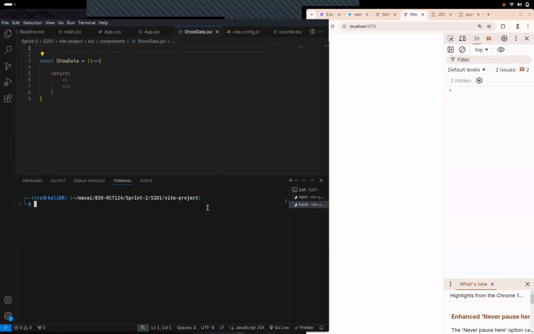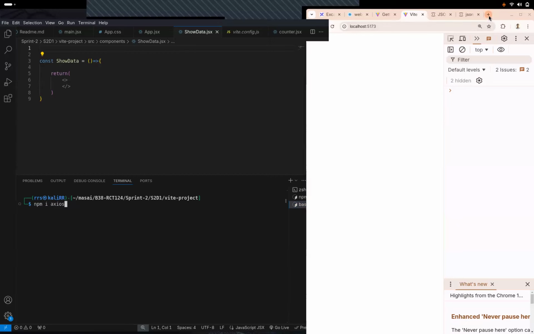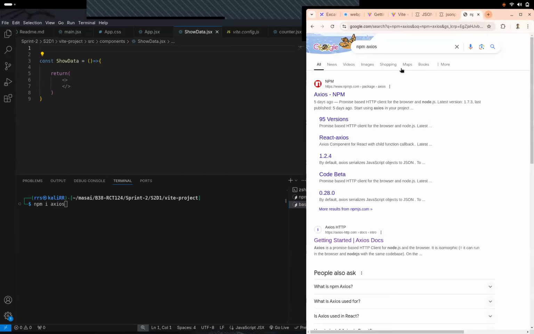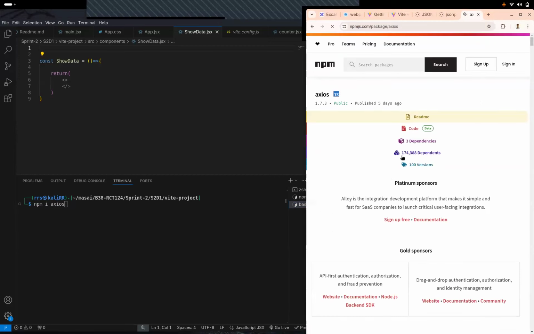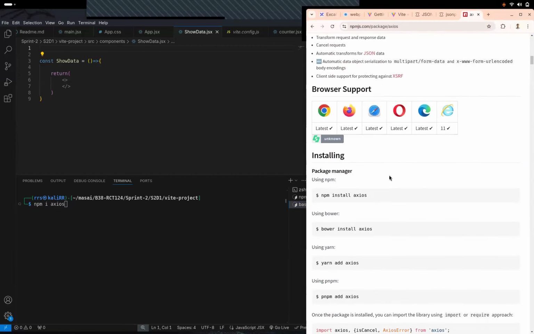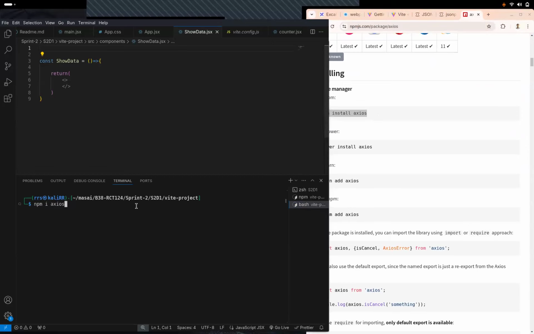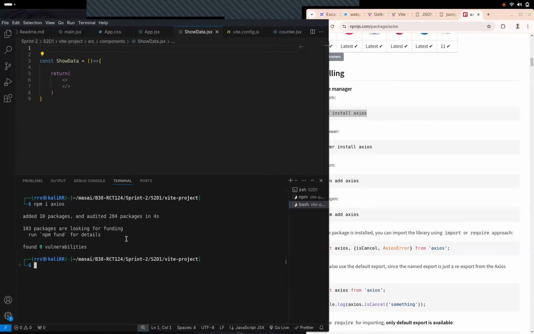So now, instead of CDN, where we just used to paste it here, you will have to write npm i or install. i also works. npm i Axios. So you'll mention what package you want to install. Now, if you ever get confused about what package you want to install, and you don't exactly remember it, you can just search npm Axios and visit their documentation. Over here, they will have mentioned how you can install it. We're using npm, so we can do it. Clear? So if I press enter, it will start installing, right? And here it has been installed.